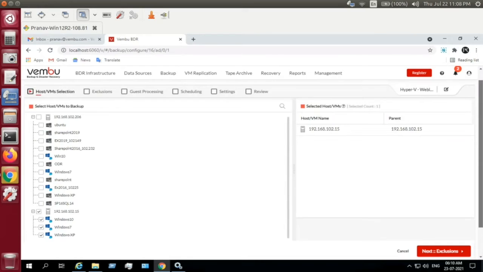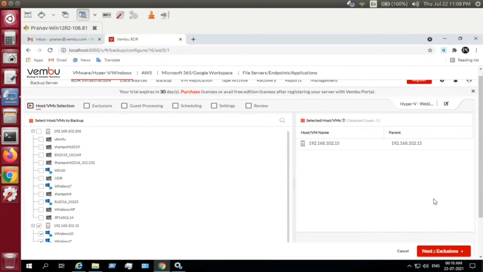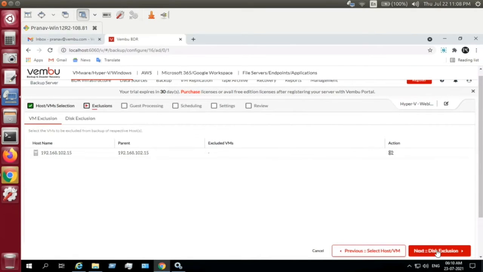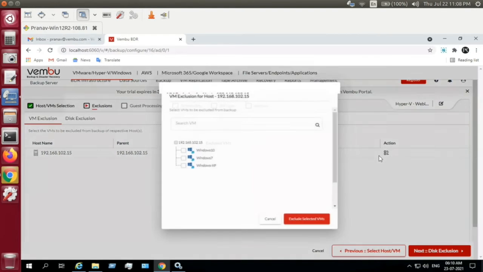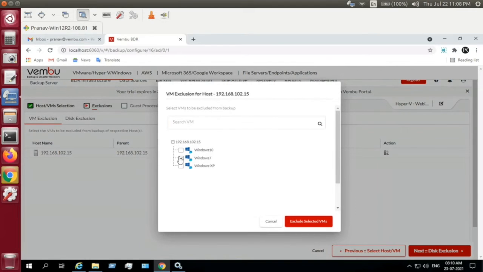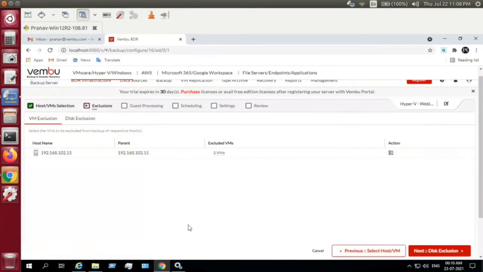When I choose the host completely, I can do some exclusions. Either I could exclude certain virtual machines, or I can exclude certain disks from the backup. In this action icon, I can choose to exclude certain virtual machines, and continue to take my backup.